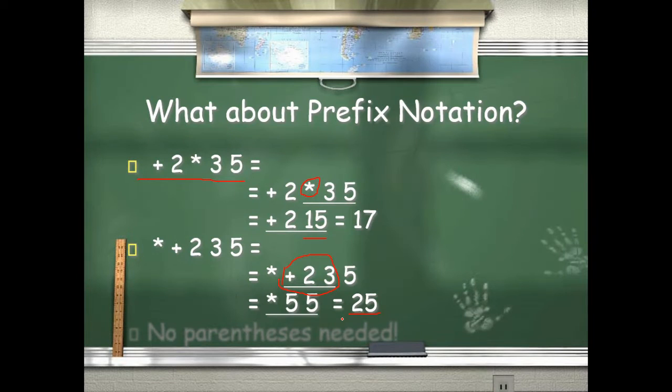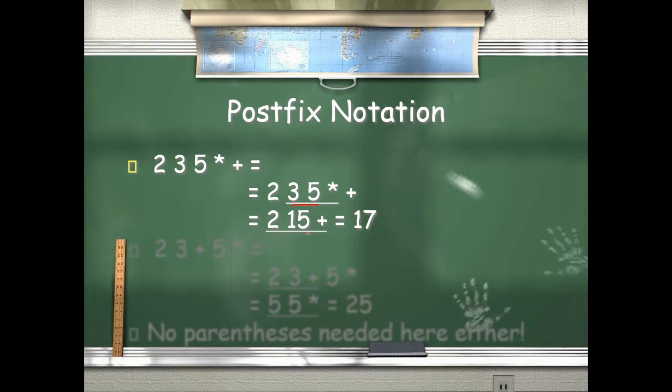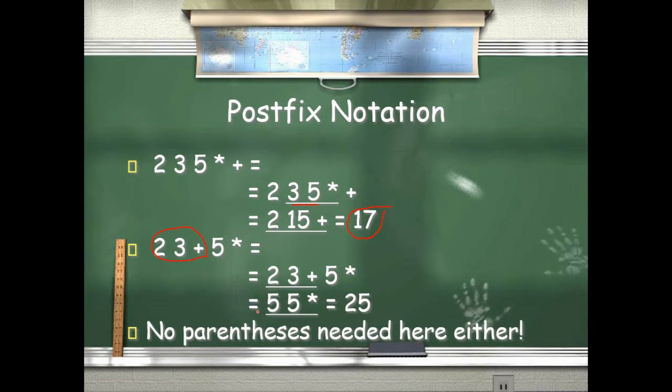So try to understand, prefix expression does not require any kind of parenthesis. Same case with postfix. If the expression is given as 2 3 5 star plus, what will you do? You will first multiply 3 and 5, and 2 and 15, which was the result of 3 into 5, and the answer is 17. If you change the expression like this, it means you will evaluate 2 3 plus first, and you will get 5 as the answer, and 5 into 5 is 25. So the same thing that we have already discussed in prefix: no parentheses are needed.